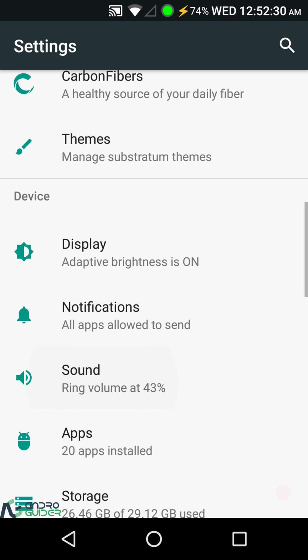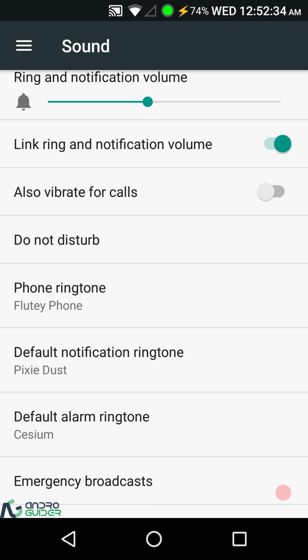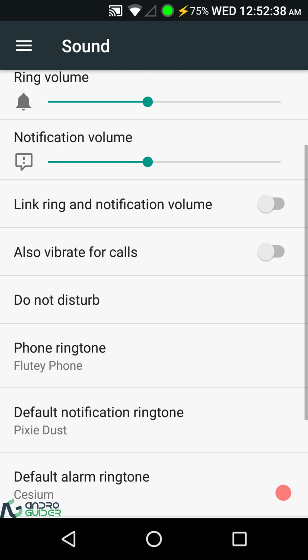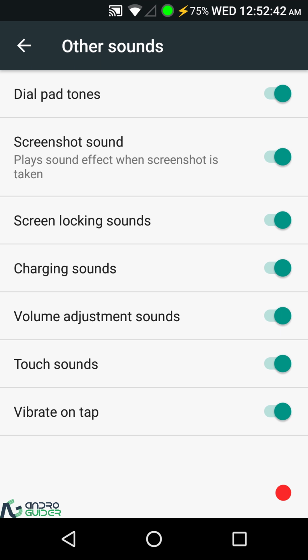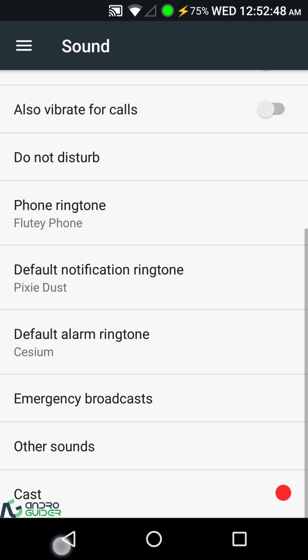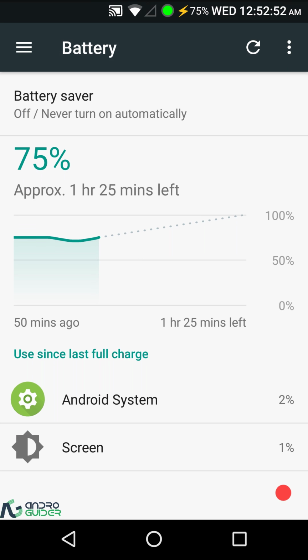Then sound settings. You can link the ring and the notification volume if you want to, or just unlink them. And under other sounds, we have got the dial pad tones, screenshot sounds, screen locking sounds, charging sounds, volume adjustment sounds, touch sounds, and vibrate on tap. Then under battery settings, we have got